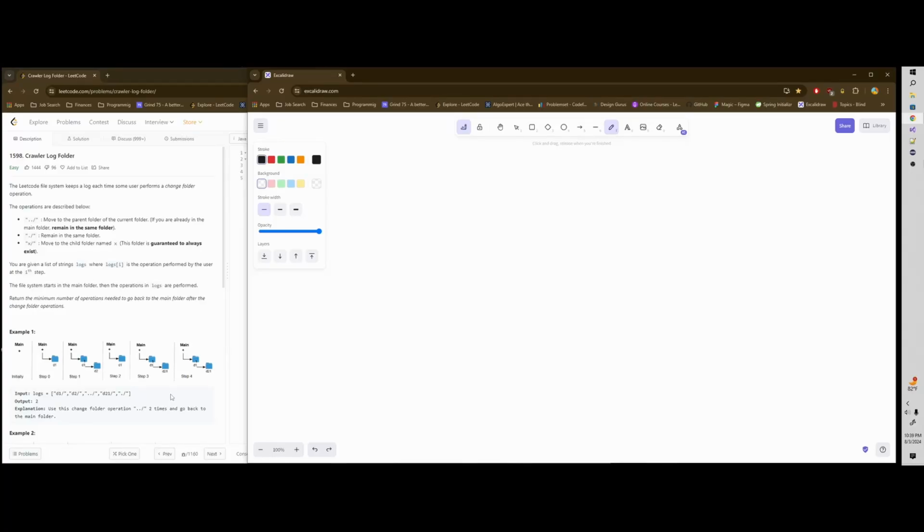Hello everyone, today I will be going over problem 1598, the crawling log folder problem, which is classified as an easy problem in Leetcode. In this problem we have a file system log that keeps track of some change folder operations. The three operations that it keeps track of are